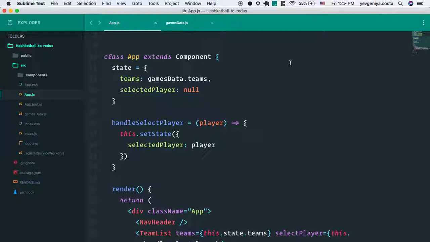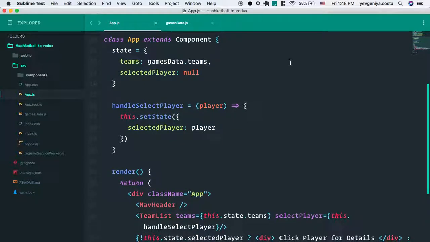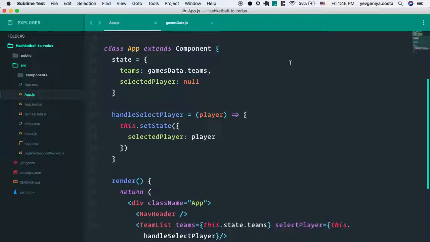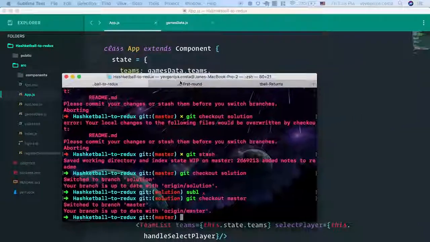All right, what else is this component doing? It has a function called handle select player. Mm-hmm. And what does that do? What do you think that one's for? It takes in a new player and then sets the state. Yeah, so we can see what the player is. Might be helpful to put this into context and look at it. So let me actually